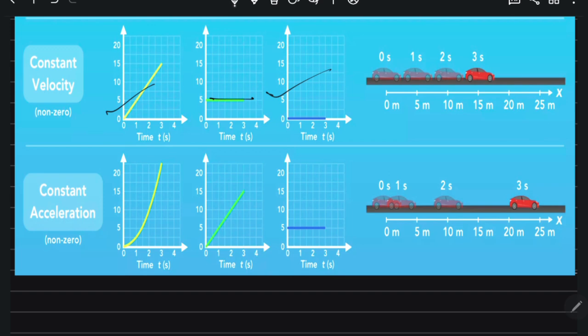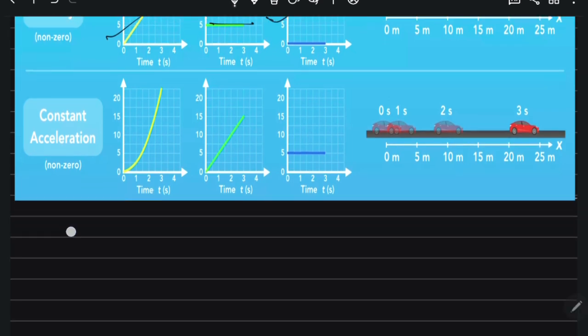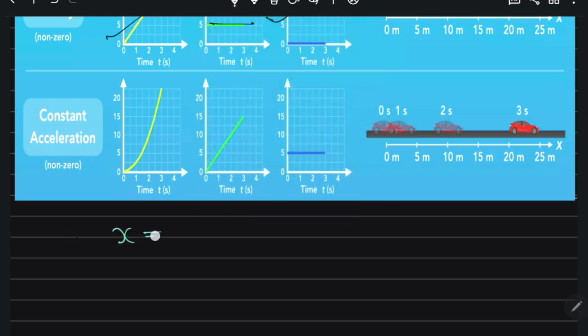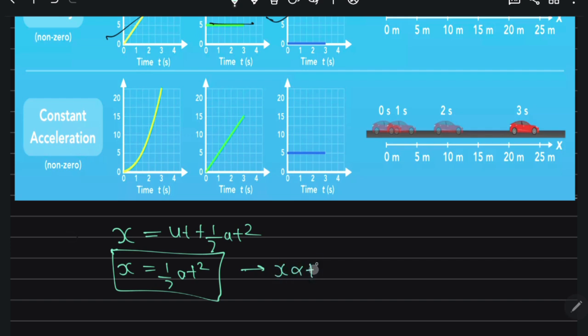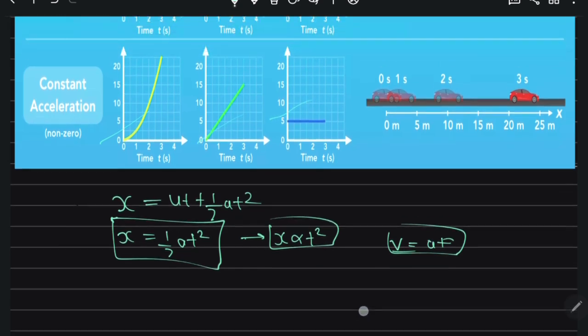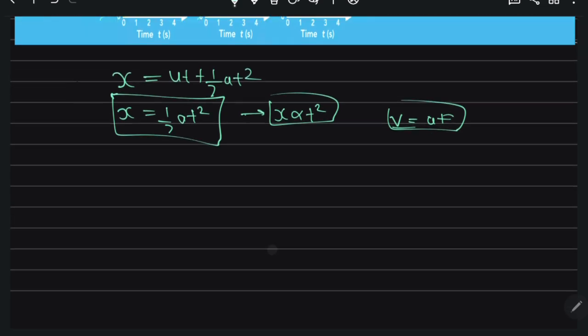Acceleration constant means, you know, x is equal to ut plus half at square. They are starting from rest, so this becomes half at square. Understand? So here you see the position time graph is a parabola. So that's why the parabola is coming. And here the velocity time graph is a straight line because v is equal to kt. Right? So the velocity time graph where acceleration is constant is a straight line. And the acceleration time graph, because acceleration is constant, is just a constant line parallel to the time axis.